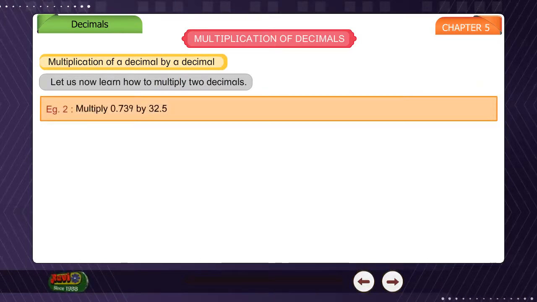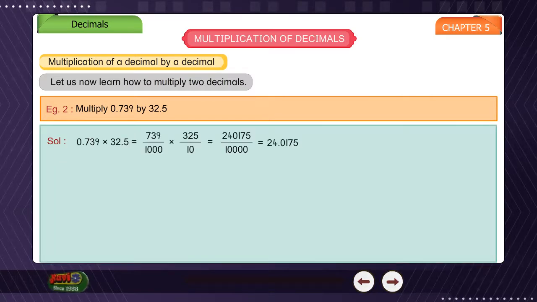Example 2. Multiply 0.739 by 32.5. Solution. 0.739 into 32.5 is equal to 739 by 1000 into 325 by 10 is equal to 2,40,175 by 10,000 is equal to 24.0175. From the above examples, we observe that